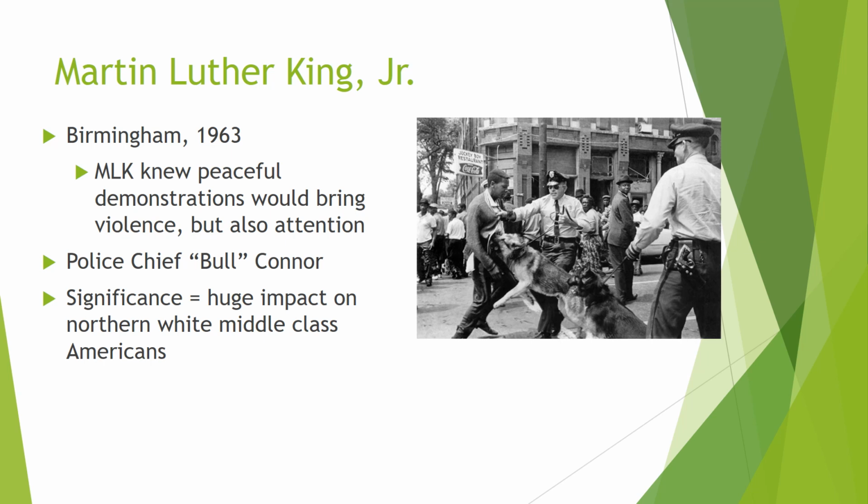He knew that the police chief, Bull Connor, was going to use everything in his arsenal to shut down a peaceful protest. I mean, everything from having the fire department use water cannons against the protesters to disperse them, or to bring in police dogs to disperse the protesters. But Martin Luther King also understood that this would draw national attention to the movement. And so, sure enough, the protesters marched, the police called in the fire department and police dogs.